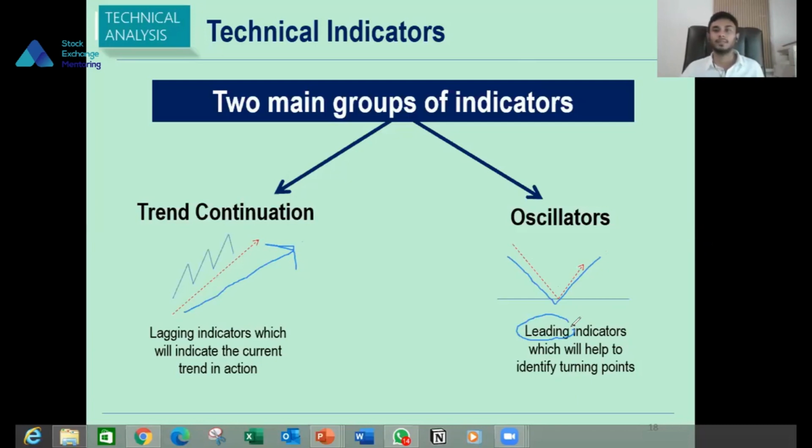So some people get excited, come on, if I can have these leading indicators, oscillators, my life is easy. Why should I waste my time with other indicators? Hang on, don't jump the gun. Sometimes these leading indicators can give you premature wrong signals, where if the market is further trending, for example, cases like Valuable One to Expo Lanka to all these stocks which had major rallies, sometimes these oscillator indicators can give you a wrong signaling. This can turn many times, but yet the market continued. So you see, there are problems with these indicators.